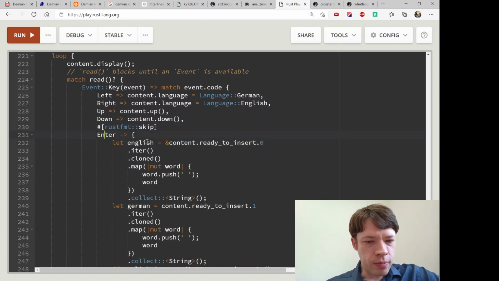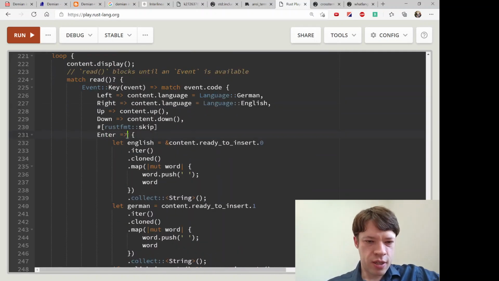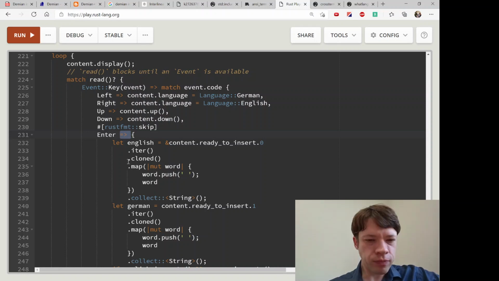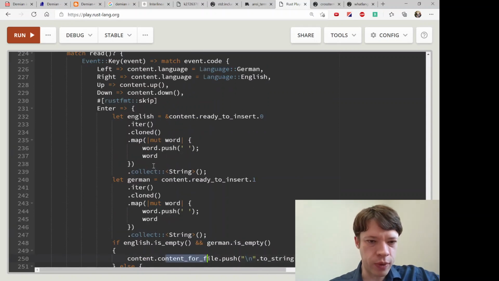So yeah, what happens when we hit enter? This is the big, the most important part. So enter is when it takes the words that I've chosen and puts them onto the string. And the string is called, what's it called? Content for file. That's what it is. So what it's going to do is first say, okay, what are you giving me?